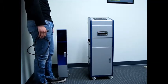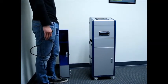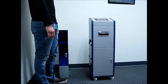Before you start the setup of your ECO Master, you're going to want to have 2 gallons of distilled water, a Phillips screwdriver, and some paper towels. First part, we're going to show you how to attach the changer, which is a smaller part of the machine,